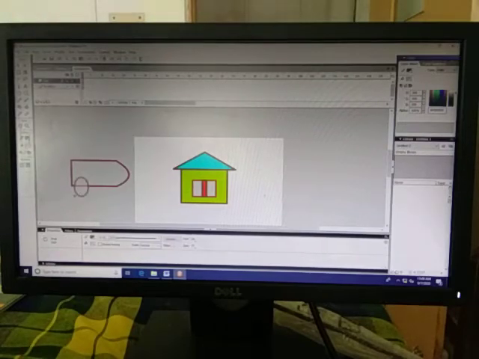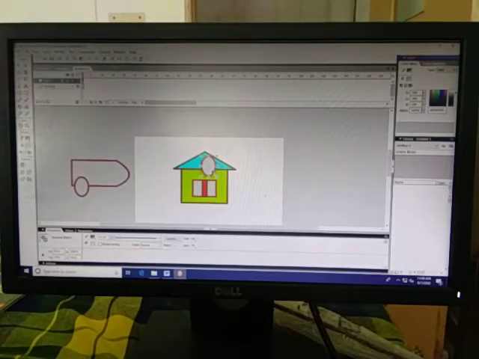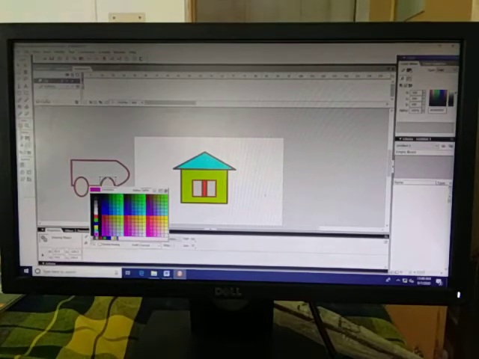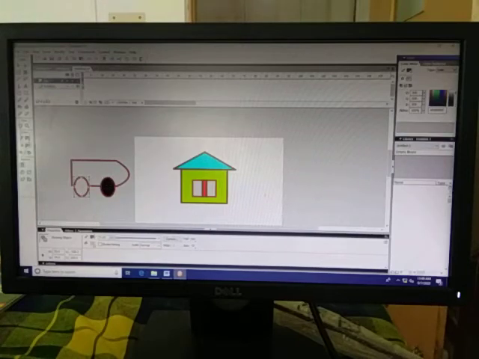Simply I am going to make a car here. Select this, copy and paste. Put it over here and fill it with black color. It will be more suitable. And make a door and window.